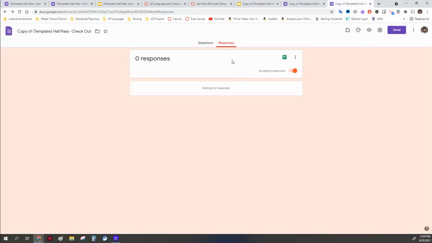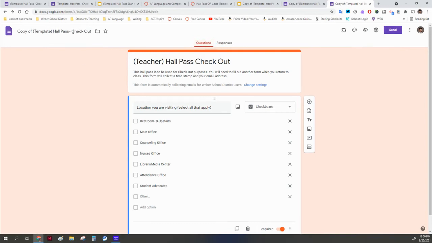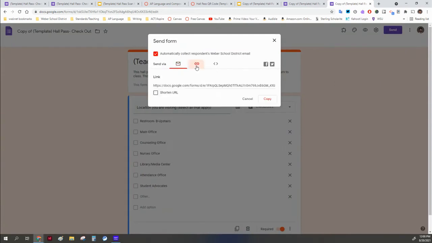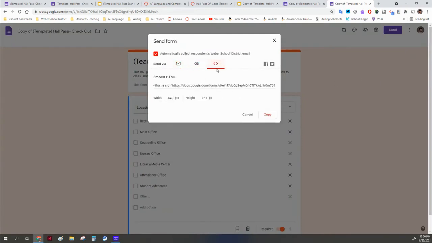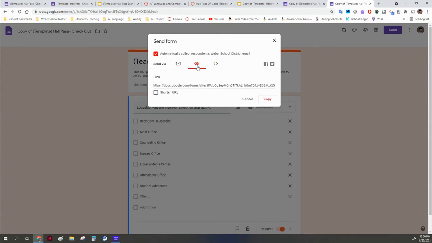So now I am going to share out this link for the checkout form and generate that link into a QR code. Normally to share a Google Form, you just click on send, and you can either do a link, send it through email, or embed it into your Canvas page or something like that. But we're just going to use the link option. I'm going to shorten the URL just because it makes the QR code look a little bit cleaner. You can do that if you want to, but again, you just click on send, click this chain button,